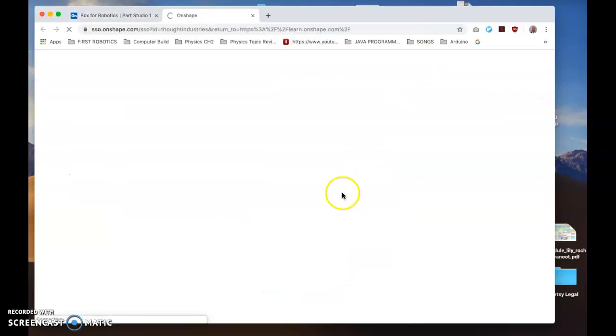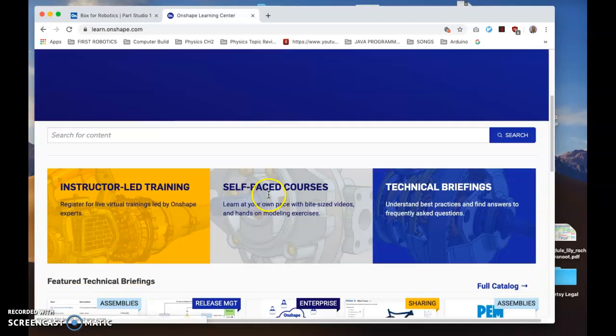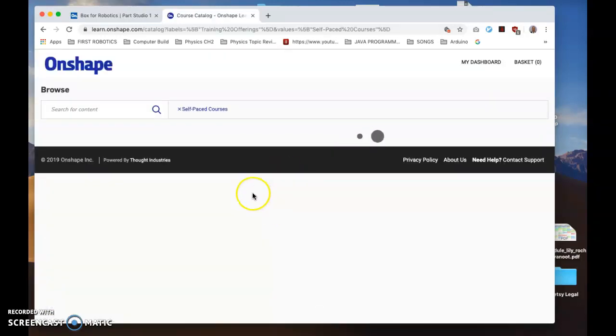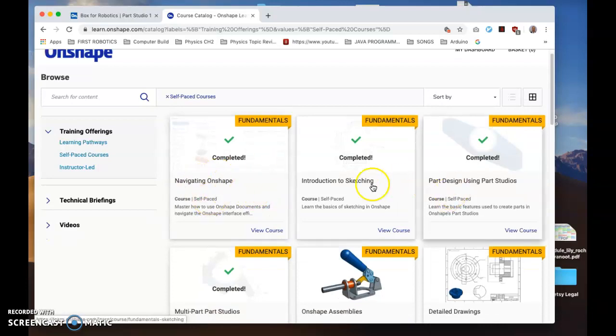There are also things here. Onshape has pretty good learning tools, so they have their own stuff too. You could look in here to find things too, because I use these things all the time. I've got a bunch of these completed and stuff. But you could look at